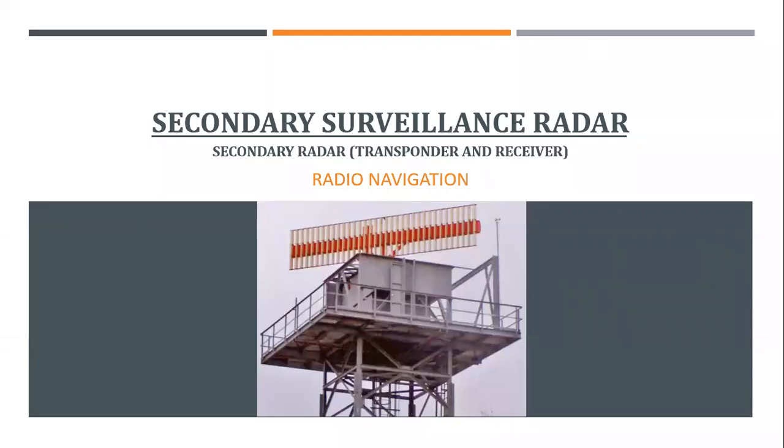This is the application of the second type of radars, which is known as secondary radar. Okay, so if you remember secondary radars, we had a discussion on how it works. It has two different frequencies. One frequency is the one in which it transmits, the other is the one in which it would receive. Okay, so that is the secondary radar. You can see the principal operation mentioned here, secondary radar.